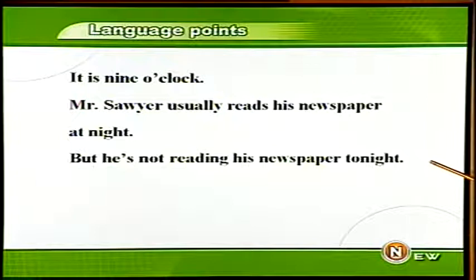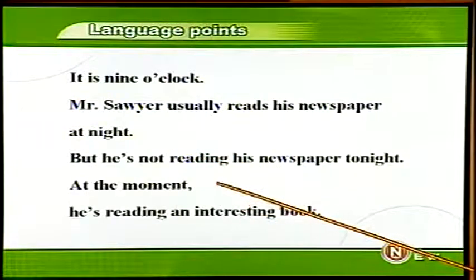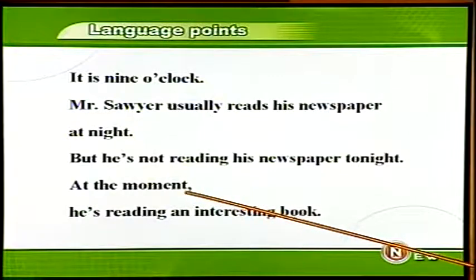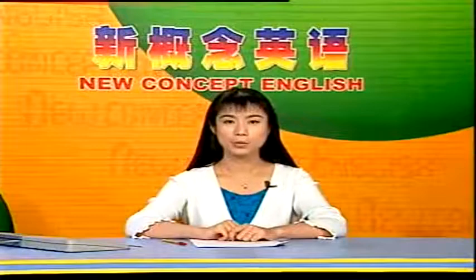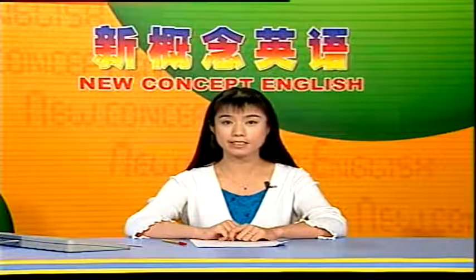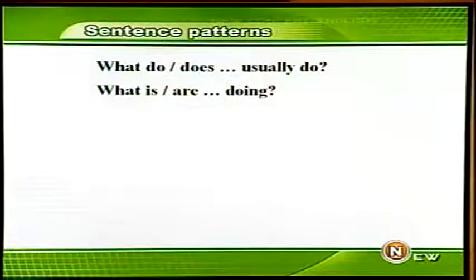But he's not reading his newspaper tonight. 但是今天晚上他没有在读报纸。Tonight 今天晚上，而 at night 指的是晚上。At the moment, he's reading an interesting book. 此刻他正在读一本有趣的书。Moment 时刻，除了说 at the moment，我们还可以说 at this moment, at that moment。此刻，那时候。那么，如果你想让别人等一会儿，你还可以说 wait a moment。你想让别人来一下，你也可以说 come here a moment, please。本课中我们学习的是一般现在时和现在进行时的比较。一般现在时表示经常发生的动作，而现在进行时表示的是正在发生的动作。好，一起来看本课中的基本句型。What